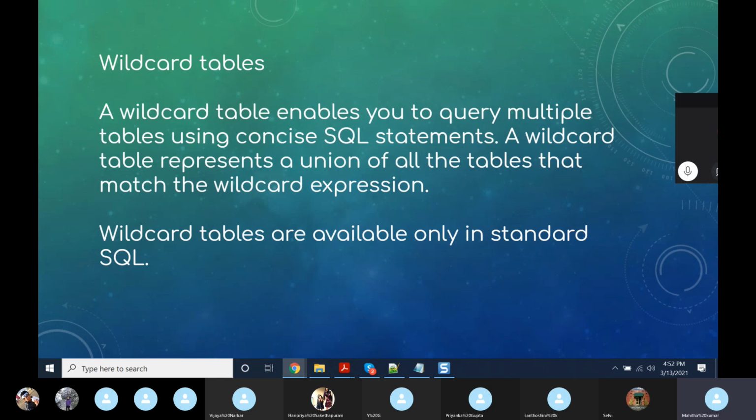That is a wildcard table, which enables you to query multiple tables using concise SQL statements. This represents a union of all the tables which match the wildcard expression. And wildcard tables are available only in standard SQL and not in legacy SQL.